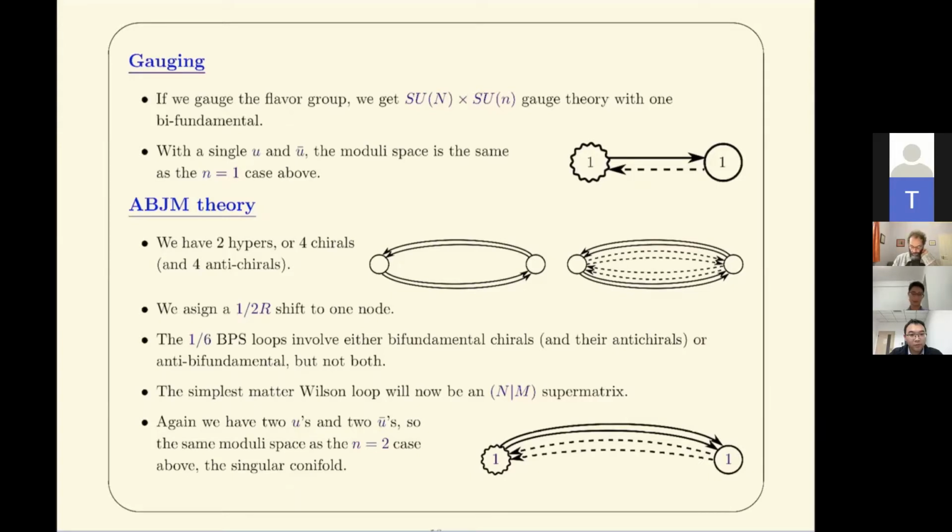Now note that this is the space of 1/6 BPS Wilson loops in ABJM theory. If I included all of these lines in this picture, I would violate the condition that G squared is 0. So I would get a 1/12 BPS loop and a larger moduli space. This would be a 7 complex dimensional moduli space of 1/12 BPS Wilson loops.